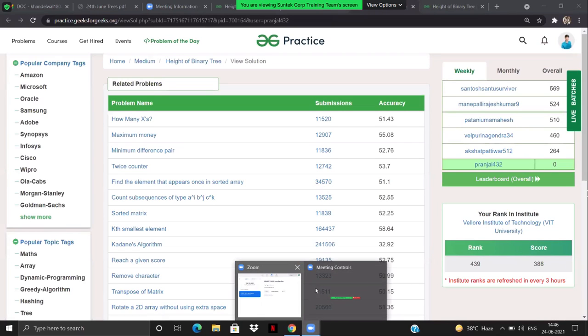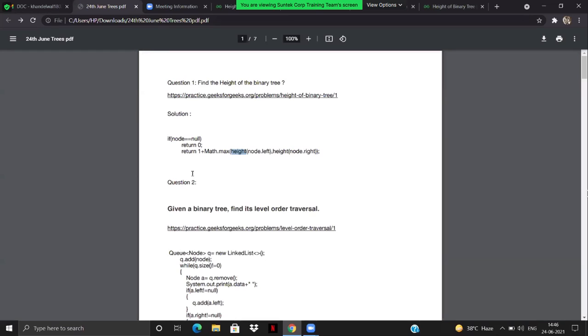So every time I increase it by 1, okay, what is the time complexity of the height function? If you see carefully, what exactly we are doing? We are calling this function recursively, but at the same time we are calling this function as well, right? So we need to check which of these two is the maximum. But for checking the maximum, we need to calculate the height for both, right?